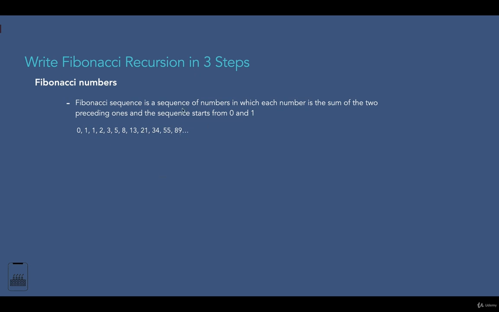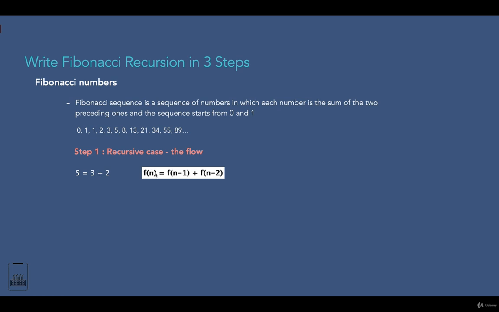Now hopefully you have understood the logic of Fibonacci numbers. So the Fibonacci numbers are the numbers in which each number is the sum of the 2 preceding ones, and the sequence starts from 0 and 1. So as a first step, we need to define our recursive case. If we look at this sequence that we showed over here, taking any given number, for example 5, we can easily see that it is the sum of the 2 preceding ones, which are 3 and 2. So this means that we can write our Fibonacci equation like this.